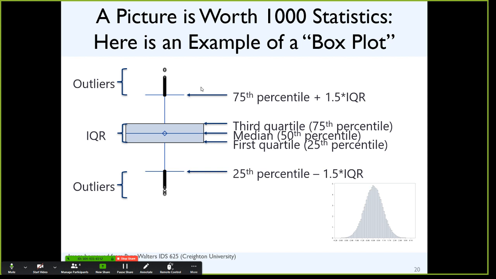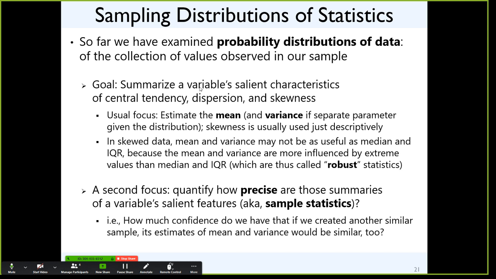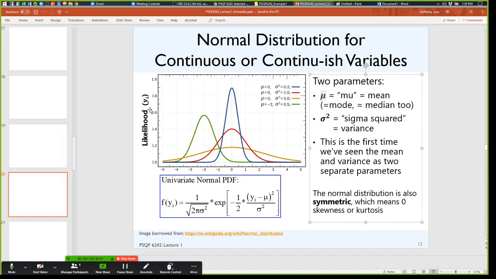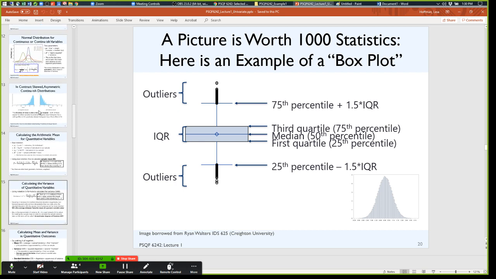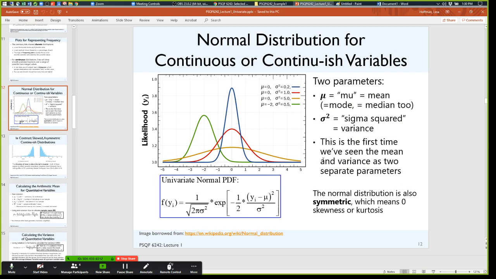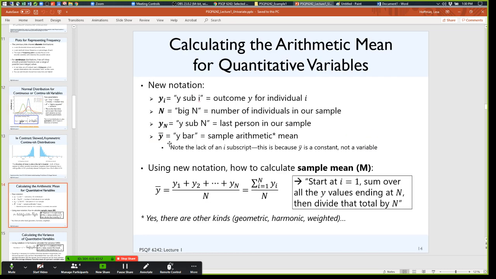So now it starts to get a little bit more esoteric. Sampling distributions. So we tried to hint at this idea on this slide here. The question in the back, like, is it related to variance? How certain I can say this is the mean and this is the expected value? Yes. In addition to just knowing what the mean and the variance of a variable are, we also want to know how precise those estimates are.